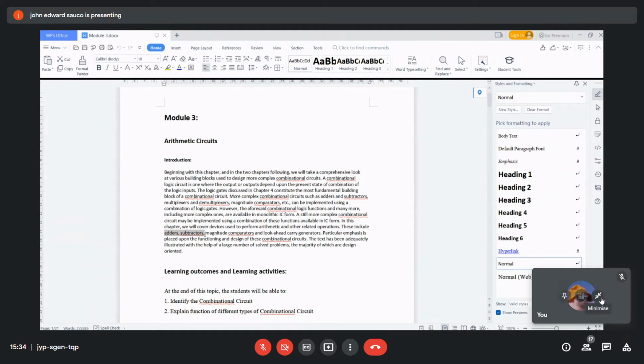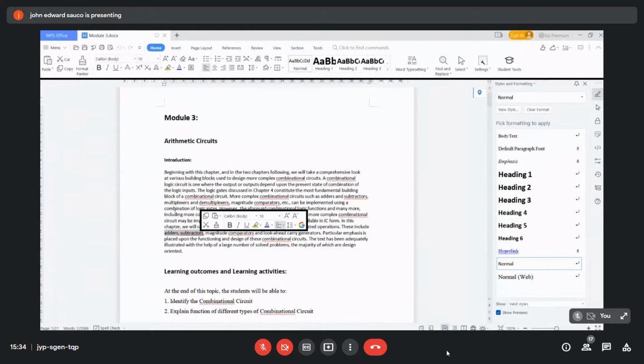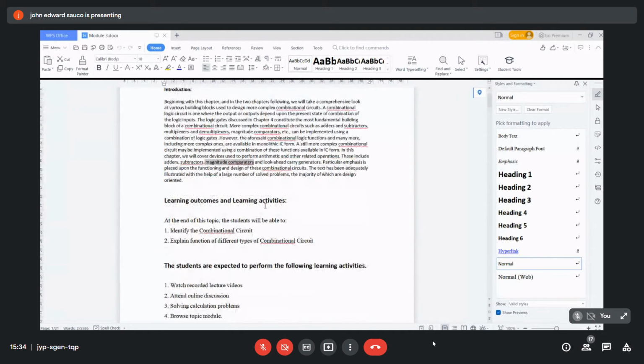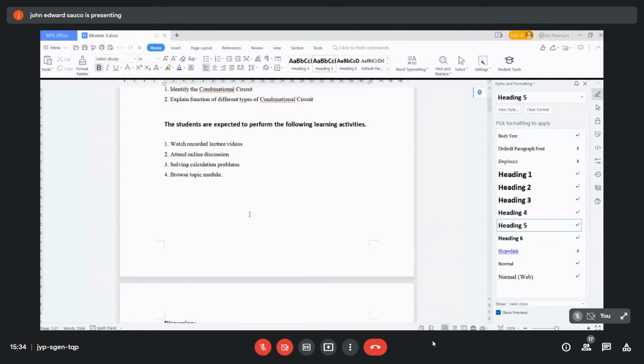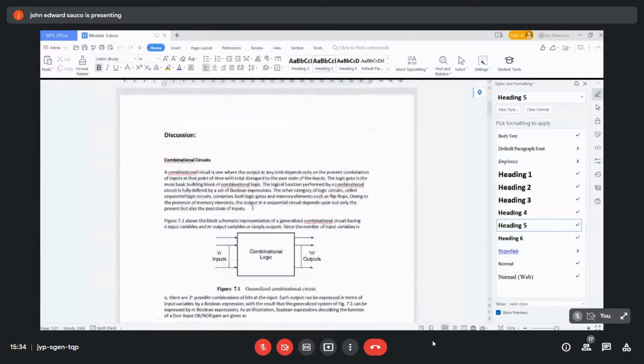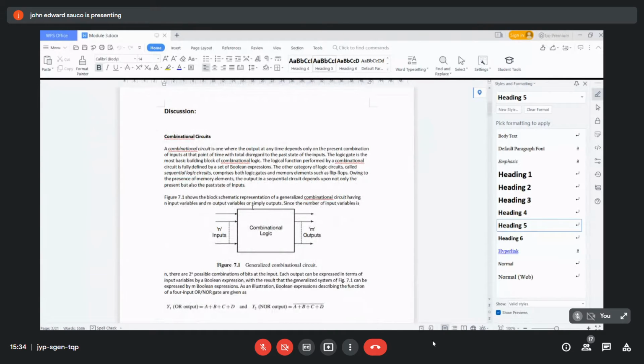So, review natin adder saka subtractor. Yung multiplexer saka demultiplexer sa another module yun. Adder, subtractor, review tayo. Then yung ngayon is yung magnitude comparators, yung combination. So, ito ay ginagamit to help sa mga large bit, larger bit. Right? So, combinational circuit, tulad ng sinabi ko kanina, is where the output of any time depends